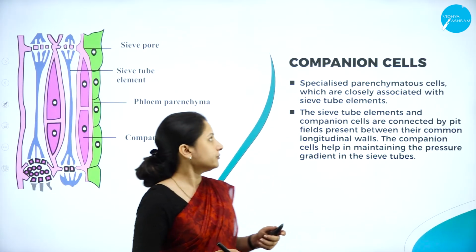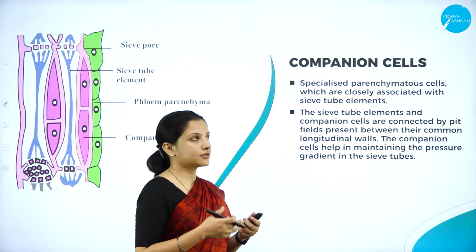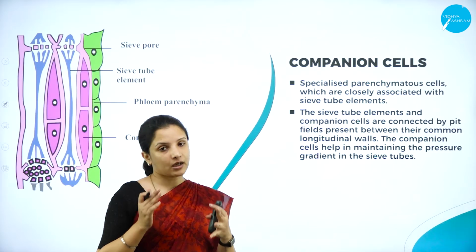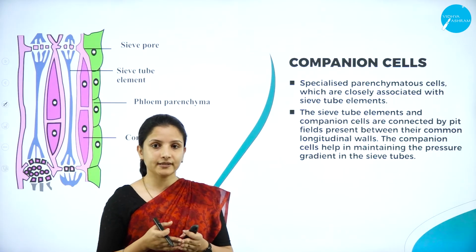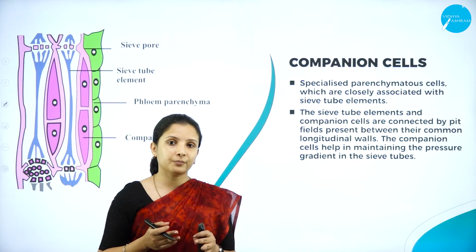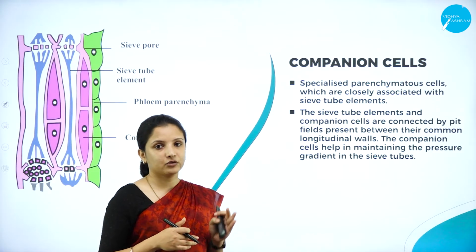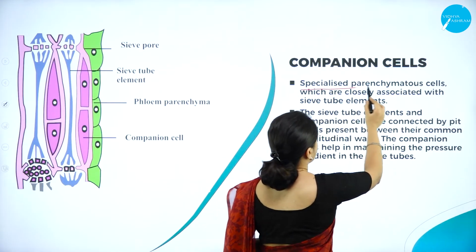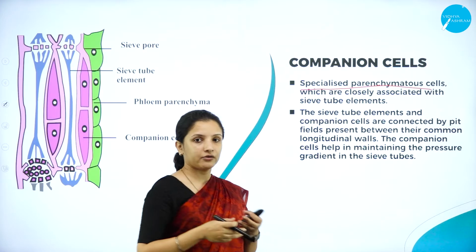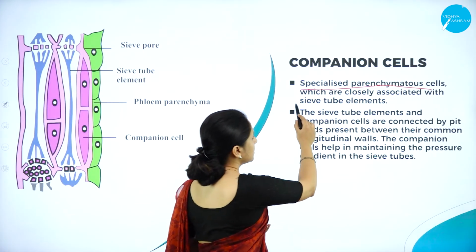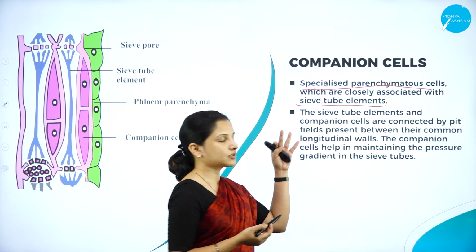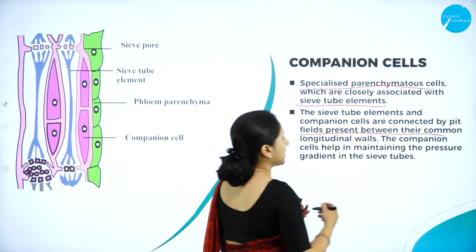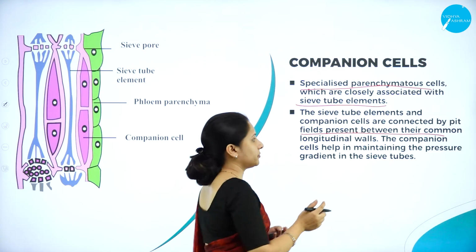So next, moving on to the type of cells, that is the companion cell. We talked about the sieve tube elements. The sieve tube element is always associated with the companion cells. Why? Because the nucleus of the companion cells is always controlled by the sieve tube elements of the phloem. Companion cells are usually parenchymatous cells closely associated with the sieve tube elements, and they are connected to one another. There is a pit present between them wherein the exchange of materials